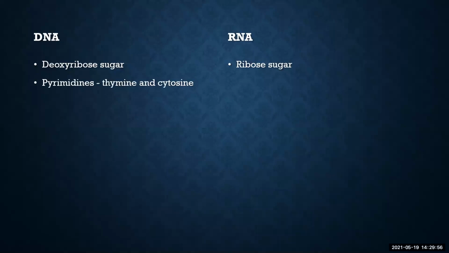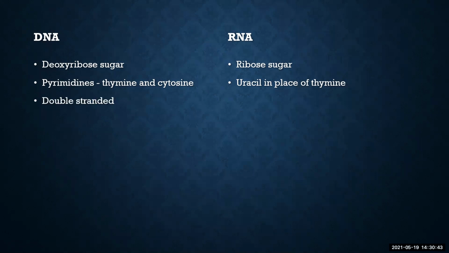So the second difference comes in the pyrimidines. Okay. So thymine and cytosine are present in DNA. Uracil replaces thymine in RNA. Okay. So it's always uracil that is replacing thymine because RNA is produced as a copy of DNA. So when the copy happens, cytosine and thymine will be there and thymine gets replaced by uracil. Now the reason behind this is the presence of a methyl group in thymine, which prevents the binding of ribose sugar with it. So a molecule similar to thymine is used instead. Uracil is used. The difference between uracil and thymine is the absence of that methyl group.